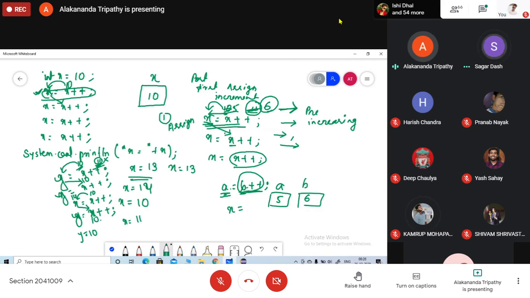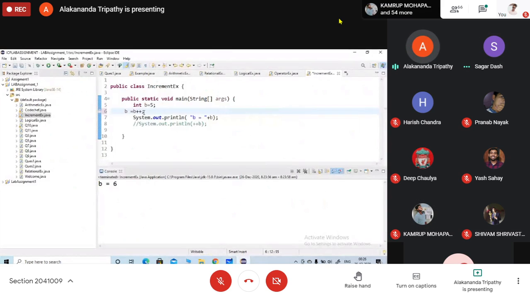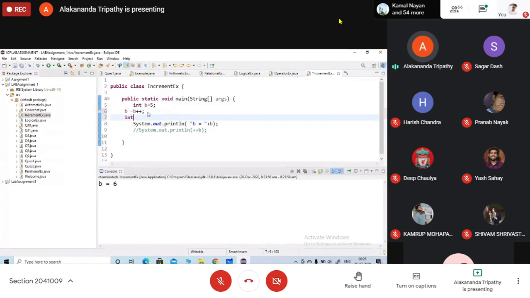Yes, ma'am. Now look, in this case, what is happening here? int b equals to b plus plus. In the second statement, if I am going to write int x equals to b plus plus,